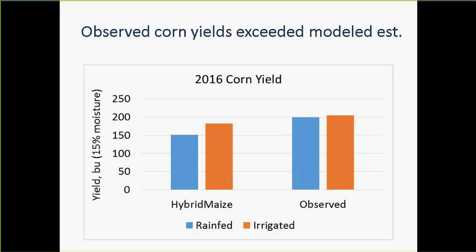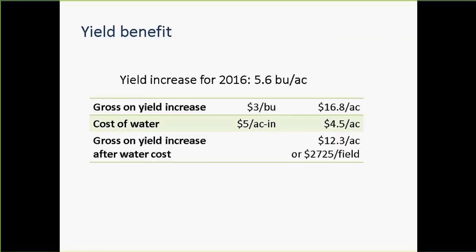And in addition to that, the absolute yields were quite a bit higher in the observed than they were in what was modeled. And so we're looking at that now as to why that is, and that certainly has to do with both the timing of that rainfall, and then also, as was discussed yesterday, Tom, with just the amount of soil moisture that is available, not least through capillary rise, that might not be fully accounted for in that model. And then just based on that 1 year, again, it was in corn in 2016, then it was in soybeans in '17, so I didn't bring that data, and then it's going back to corn for 2018, so we'll have another year to compare to. But we had that about a 5.6 bushel yield increase from the